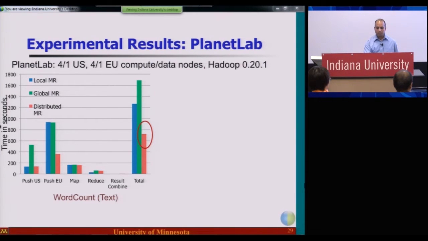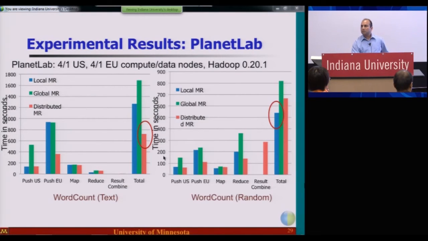The different points on the x-axis correspond to the different stages of the computation. So the first bar, for example, corresponds to pushing data from the US source. This is pushing from the EU source and doing the map, reduce, etc. So here what we see is that the distributed MapReduce architecture does the best, where you are doing computation close to the data source. Then we ran word count, but this time with a random input, so that now